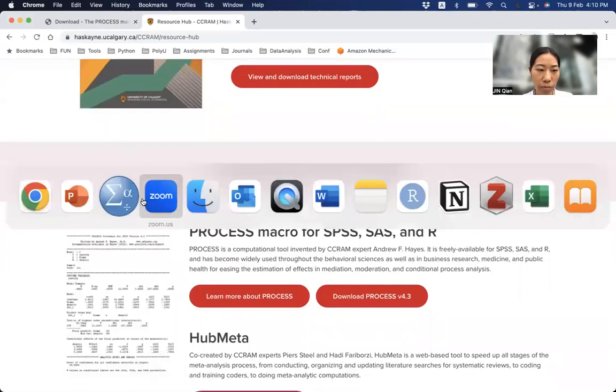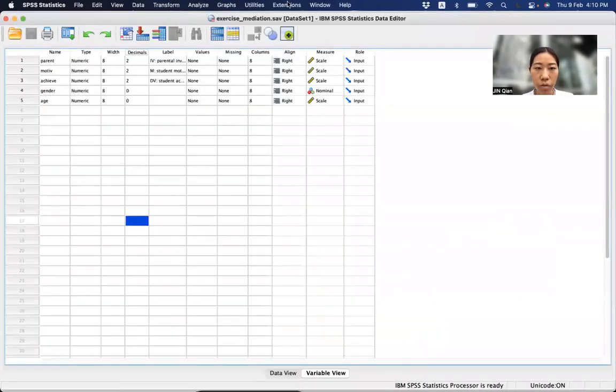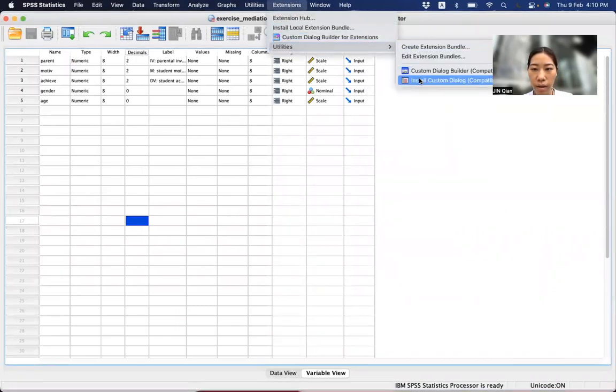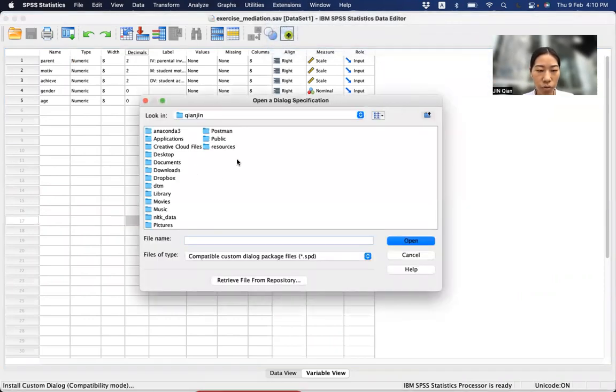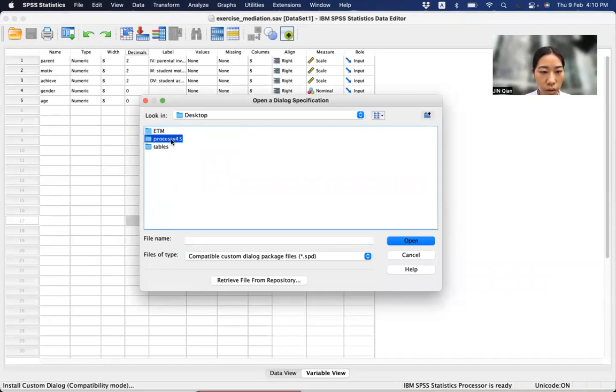And then you go to SPSS. So I already opened a data file. So you click extensions, utilities, and then install custom dialog. And then you go to the folder where you store the PROCESS macro. So go to this folder, and then you click PROCESS for SPSS, and then custom dialog builder